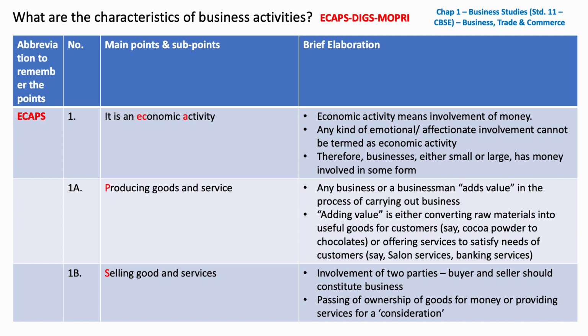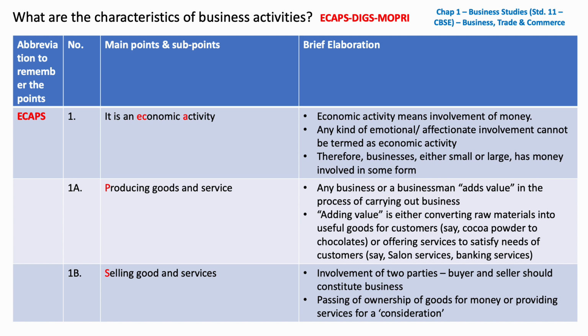So a more logical extension of point number 1, which is a business is an economic activity, is point number 1A, which is it deals with production of goods and services. So the heading of the point would be producing goods and services. Now let's elaborate that. Any business or a businessman, as you know, has to add value in the process of carrying out business. So let's say